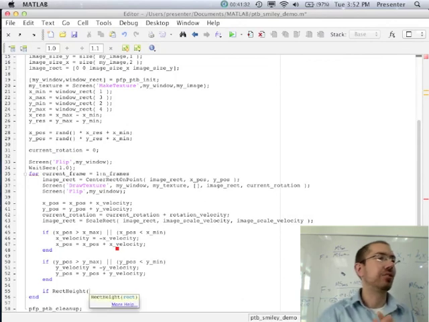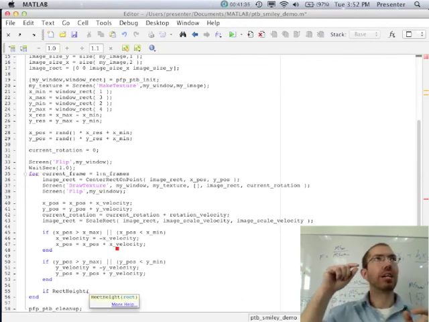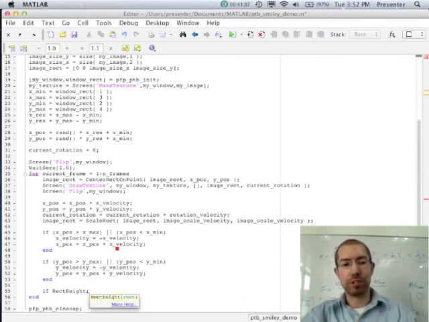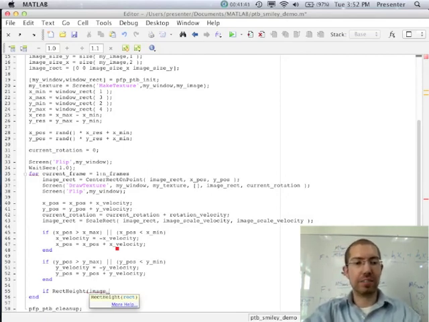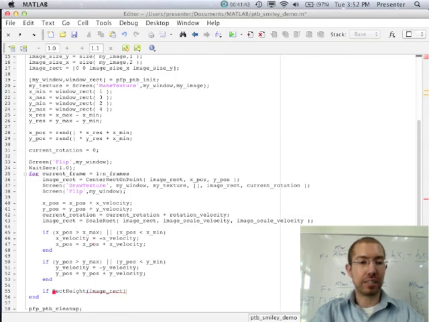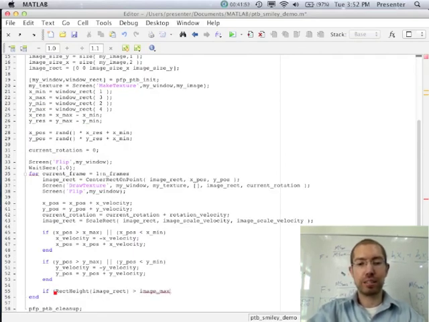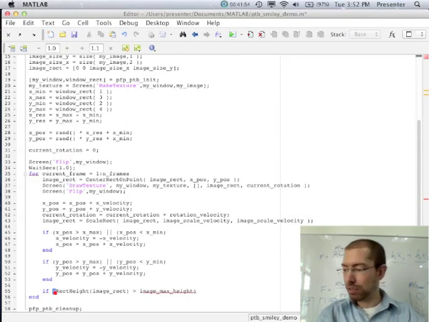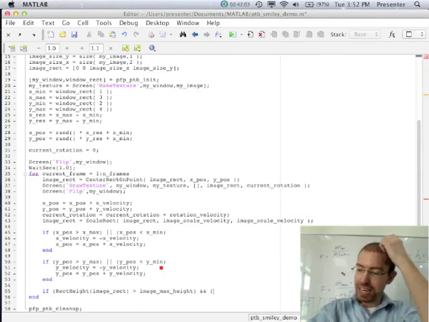So we can use, again, a nice little function called rectHeight. Although, again, rectHeight is really just the top minus the bottom. So it's a simple little function, but Psychtoolbox has a function called rectHeight. So if the height of the image rect is greater than, what do we call it, image max height, and this is a little thing that we don't have to worry about why this is true, but we want to make sure that if it's too big